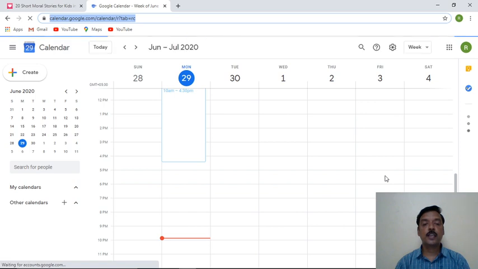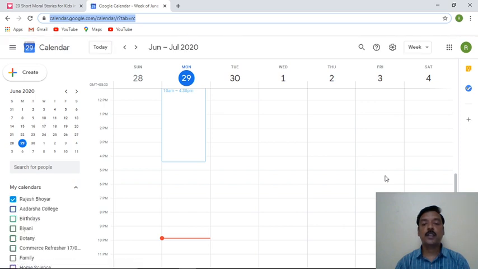Once the Google Calendar option has been opened, a screen something like this appears before you. This is the initial or starting screen generally given on your Google Calendar. Now you can have different types of views within Google Calendar. The view which is very commonly used is the weekly view, in which your current day, previous day and next 5 days are shown. Suppose today's date is 29th, it is showing me 28th also, and it is showing me the further 5 days within that week.